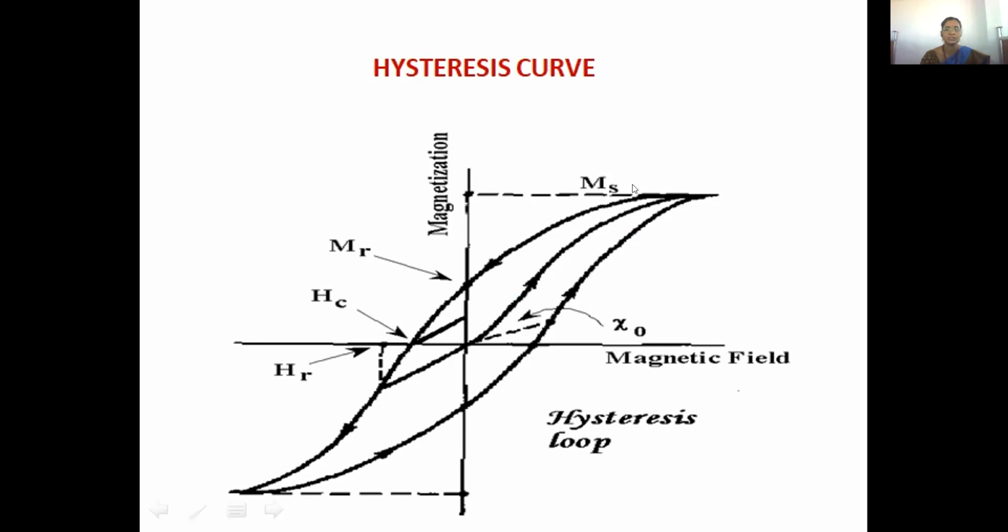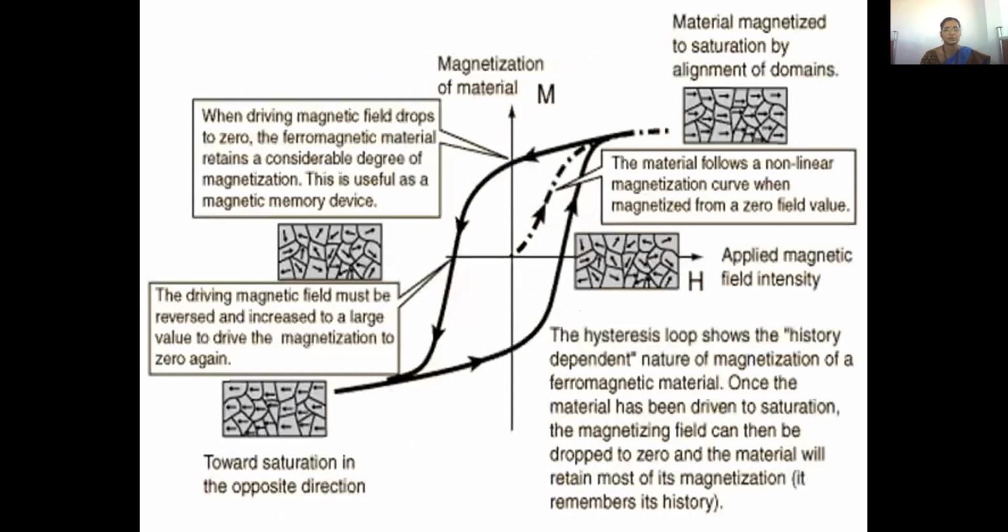And if I repeat the same thing, it follows this closed path. This total process we call the hysteresis curve, and this initial first part, which is not reversible, is called the initial curve, okay? And the remaining loop is reversible. So your hysteresis curve is both reversible and irreversible. Whatever I mentioned is the description here.